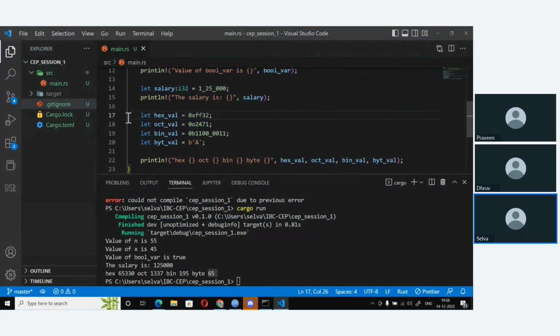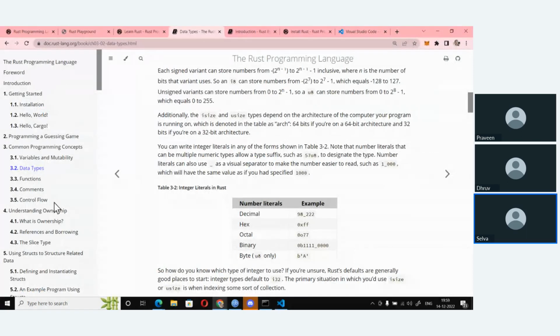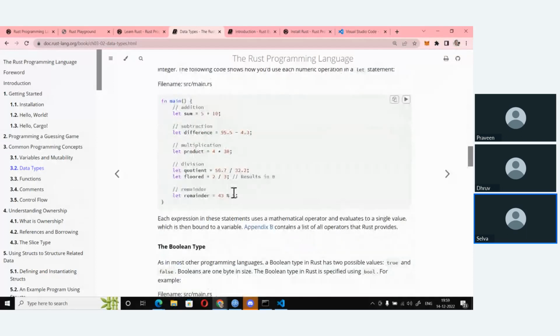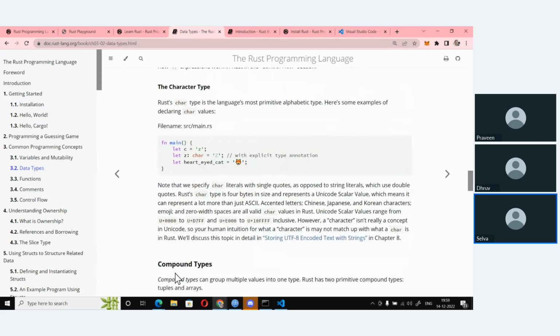For the floating points, again, the same is the case as you would have used with any other programming language. I will not get into too many details of that, so you can read it out for yourself. Now, if we go back to our Rust book, here it talks about functions, comments, and control flow. Variables and mutability is what I want to show you in there. And of course, please do read up on the numeric operations: plus, minus, multiplication, division, and the modulus operator using the percent symbol. And there are the character types.